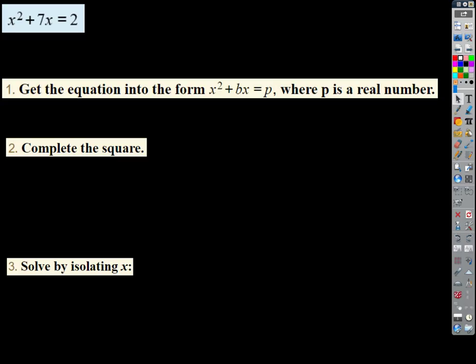So with a problem like this, what's the easiest way to solve a quadratic equation? What do we always look for first? What do you think? What kind do you like to do the best? What are the easiest ones to do for the quadratic equations? You don't like doing any of them? Oh. Well, wouldn't it be, and we haven't done this in a while,